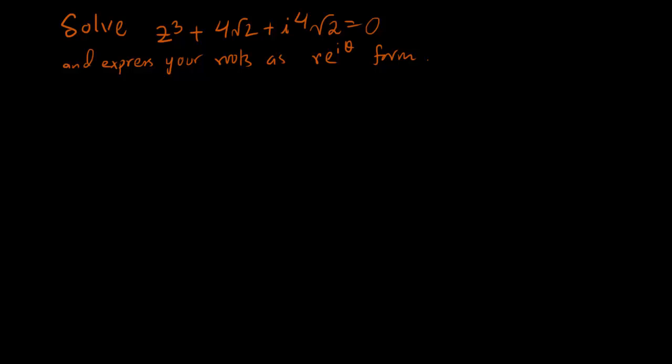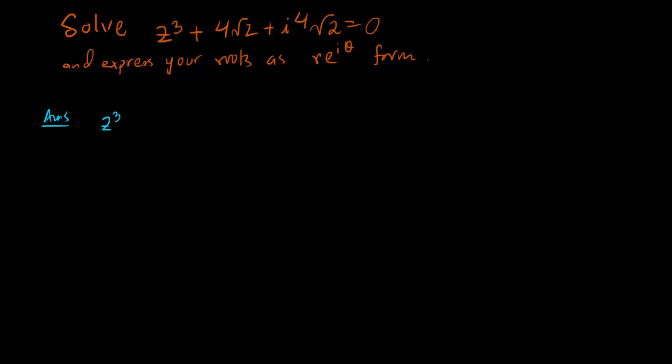In this sum, we have to solve z cubed plus 4 square root of 2 plus i 4 square root of 2 equals 0. And this time we have to express the answer in a particular format. So let's begin. As you know, the first step